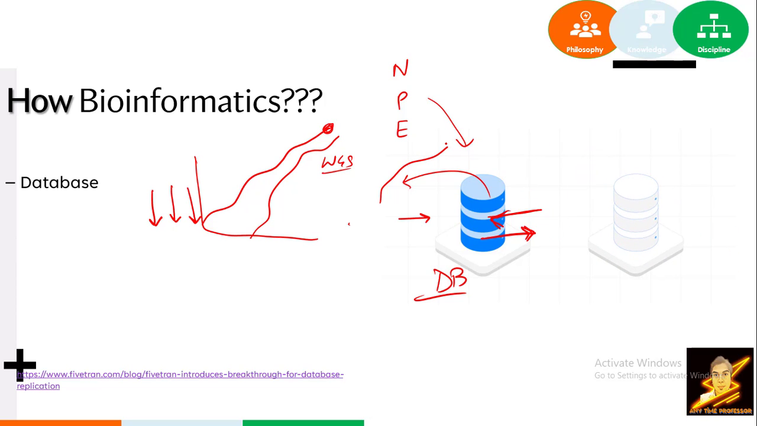So this is how we can use bioinformatics for the first three problems. The first one is related to exponential data, the second is related to cost and time, and the third is related to data redundancy. This data redundancy can also be reduced by the use of the second thing, that is known as